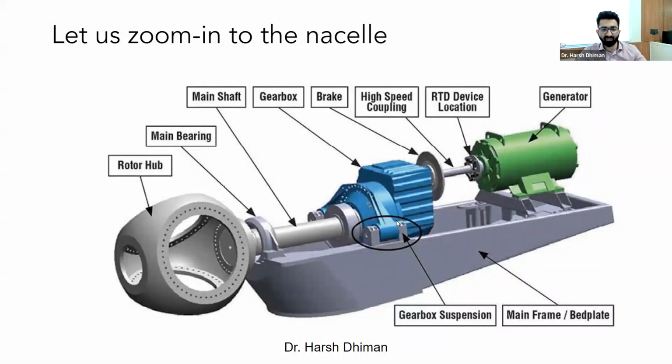Inside the gearbox, you have a multitude of gears. The gears can suffer from wear and tear. There can be abrasion. Then there's a lubricant present inside the gearbox, because obviously the temperature can go to a very high value. Inside the gearbox, the temperature can go as high as 70 to 75, sometimes 80 degrees Celsius. So to cool down your gearbox assembly, you need a lubricant. And sometimes lubricants also suffer from contamination. So that is one major problem in our gearbox as well.